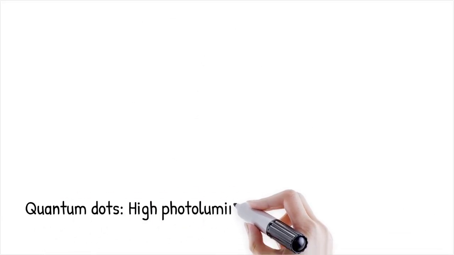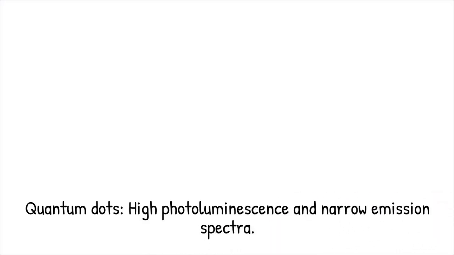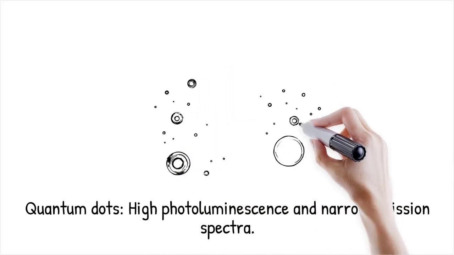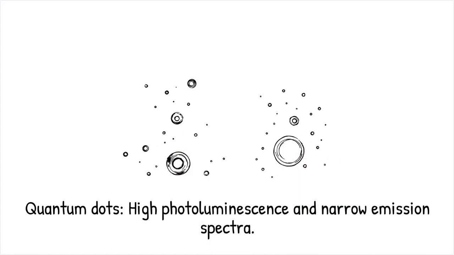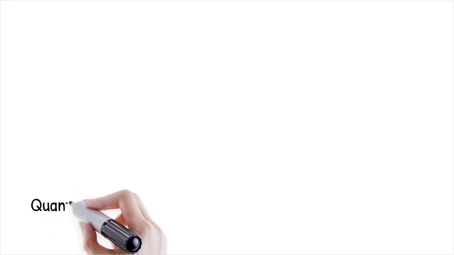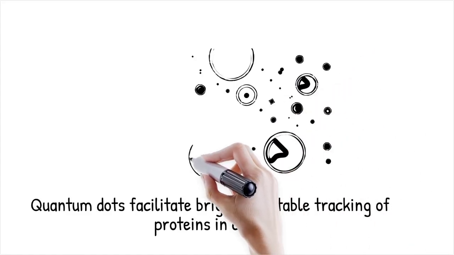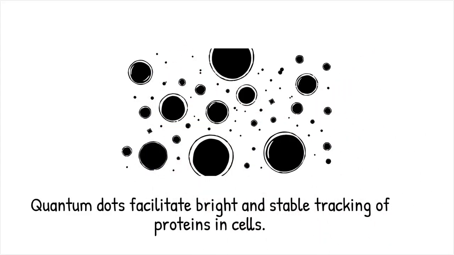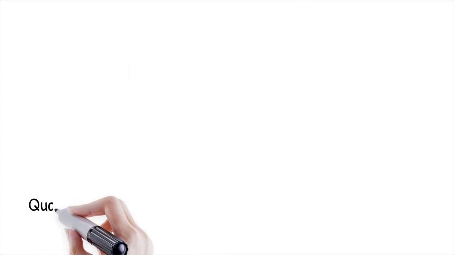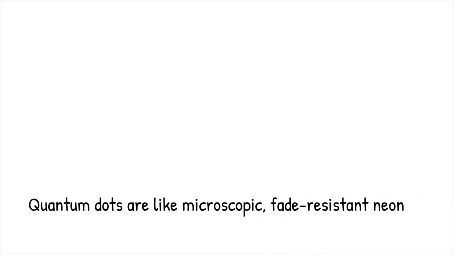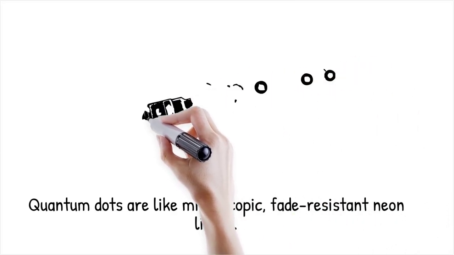Quantum dots possess unique optical properties, including high photoluminescence quantum yield, resistance to photobleaching, and narrow emission spectra that make them powerful alternatives to organic dyes in imaging, sensing, and light-emitting devices, and they exhibit phenomena such as blinking, multi-photon emission, and single-photon emission. In cellular labeling, quantum dots allow real-time, multicolor tracking of individual proteins with exceptional brightness and stability. It's like using microscopic neon lights that don't fade, each tuned to shine a specific color depending on its